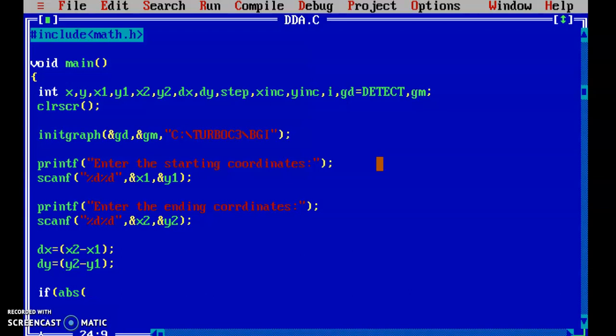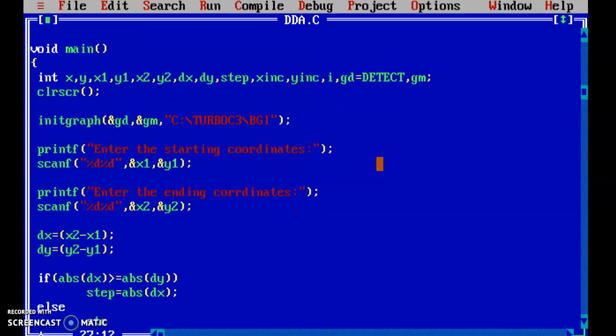So we'll write: if absolute of dx is greater than or equal to absolute value of dy, then I'm going to consider step as absolute of dx. Don't make the mistake of writing only dx, otherwise it will consider steps as negative. Else, if dy is greater, then I'm going to consider the absolute of dy as my step.